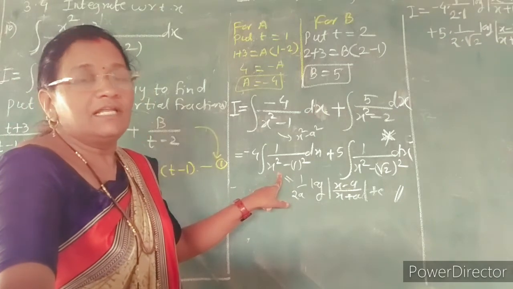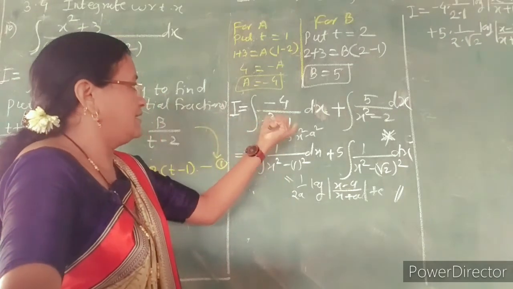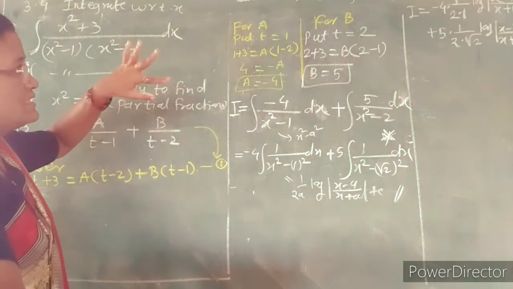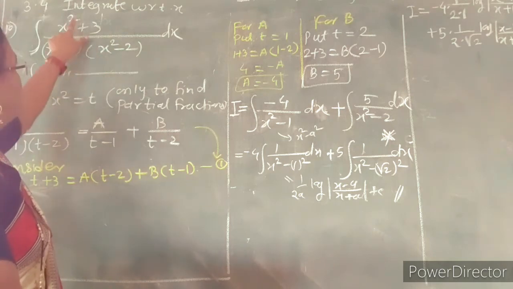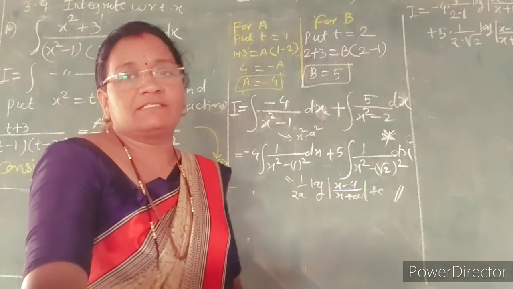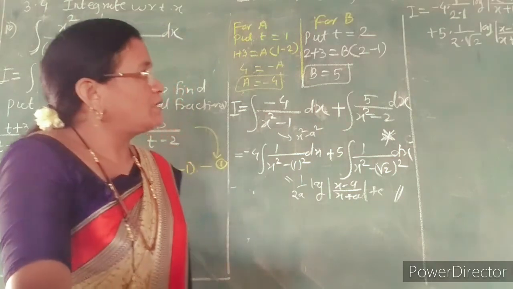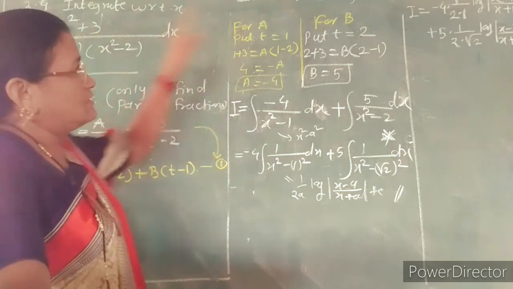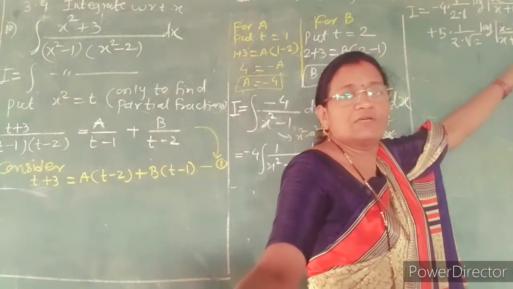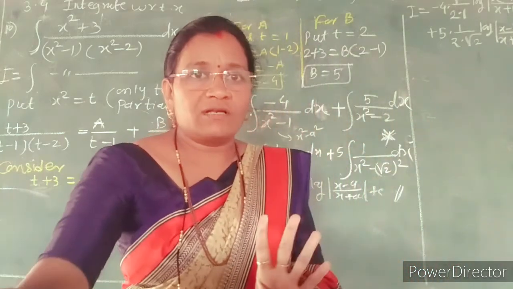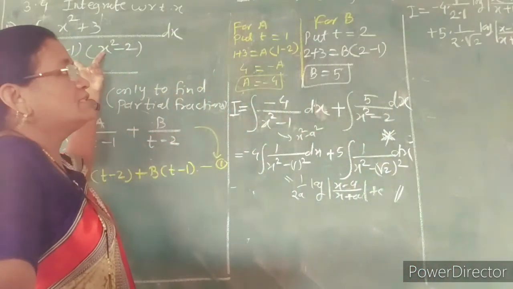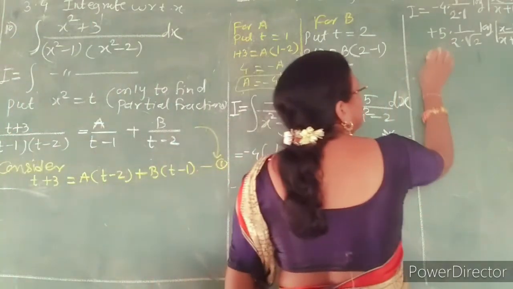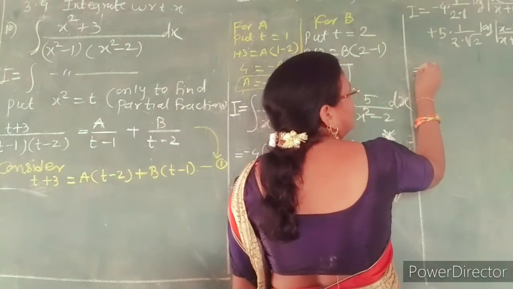So only when the denominator contains linear factors that may be factorizable. Now we take factors of x square minus 1 and x square minus 2 from this case and you solve by the previous method. But for this we take x square as common to both places, numerator as well as denominator. So only to find the partial fraction we get that answer. As you take, the factors are x minus 1, x plus 1, x minus root 2, x plus root 2. Again you get 4 non-repeated linear factors from this and you may solve by taking A, B, C, D as constants. So instead of this we take the separate substitution method.